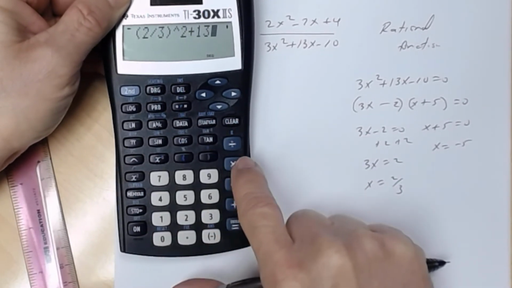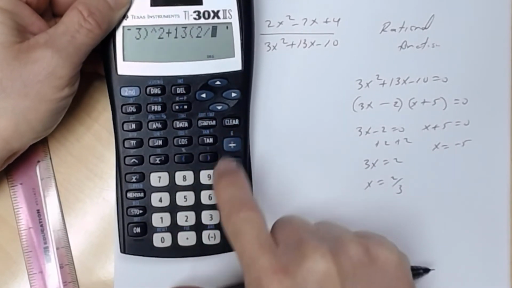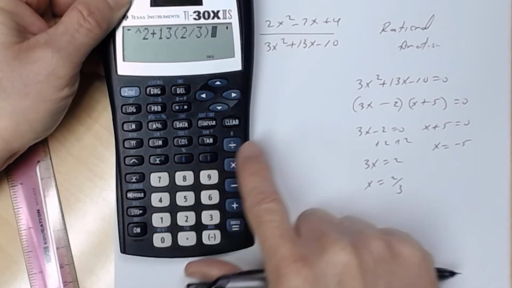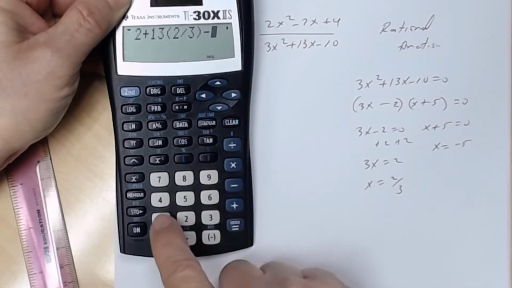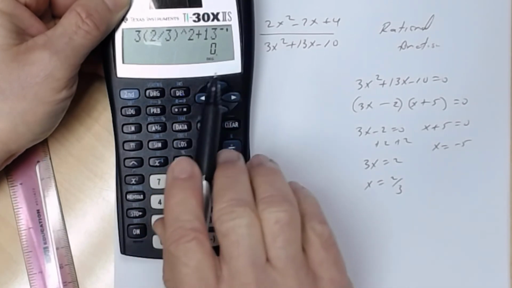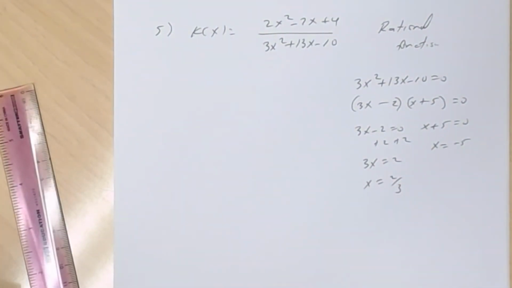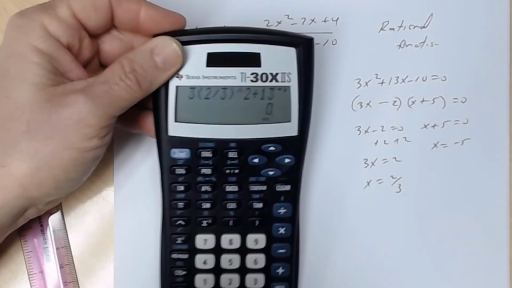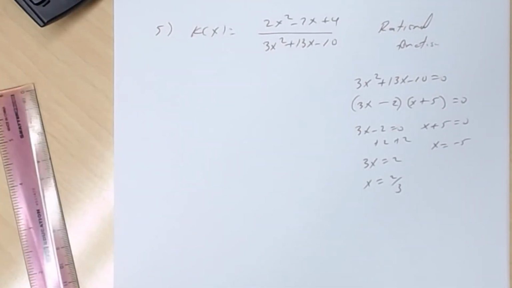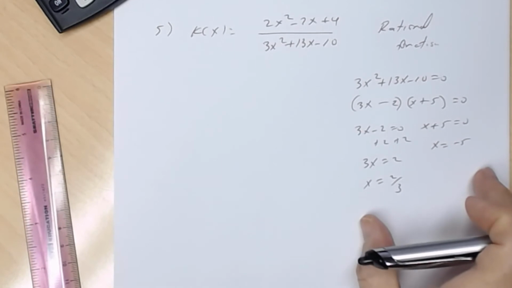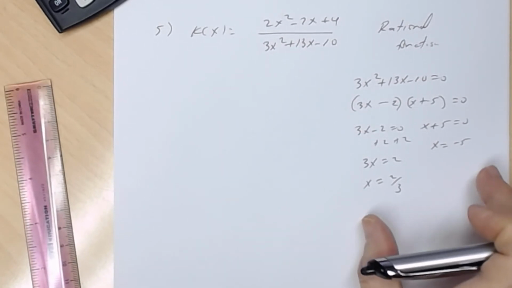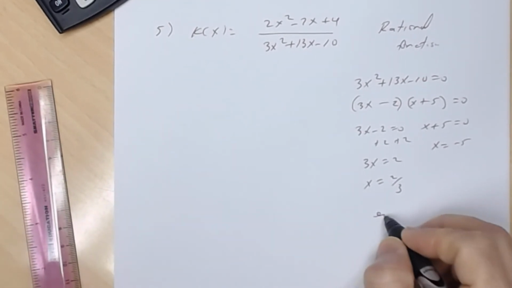Plus 13 times 2 divided by 3, close the parentheses, and then minus 10. You get 0. All right, and the same thing would be true for negative 5, although make sure you put negative 5 in parentheses, just like we did 2/3. So those are your restrictions. How many restrictions do you have? You have 2. So I have to exclude